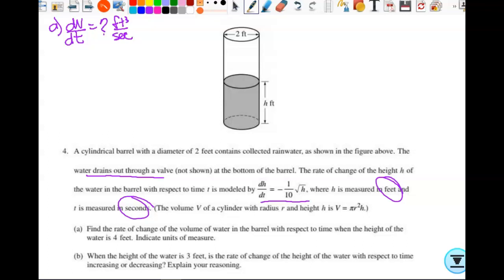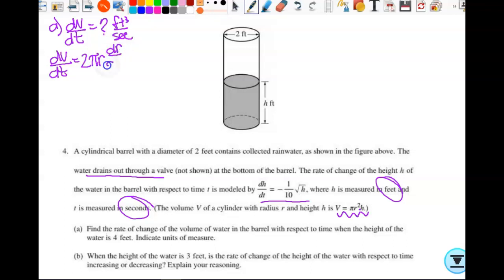All right, so in order to figure that out, I have V. I'm going to need to take the derivative of that. Would you agree? Okay, so when I find dV/dt, I'm taking the derivative of this formula here. I'm going to have to use what kind of rule? Product rule, right? So I'm going to let that pi get stuck to the r squared, and then it's the r squared times h. So the derivative of pi r squared is 2 pi r